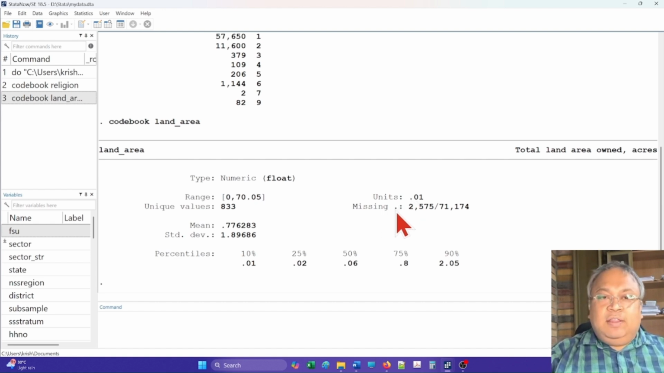That also means there are values with at most two decimal places. The range of the values is from 0 to 70.05. There are 833 unique values. Now, since this is a continuous type variable, the lower portion does not show us a frequency distribution, but rather it gives us the mean of the variable, the standard deviation of the variable, some percentiles and quartiles, including the median value. It also tells us that there are